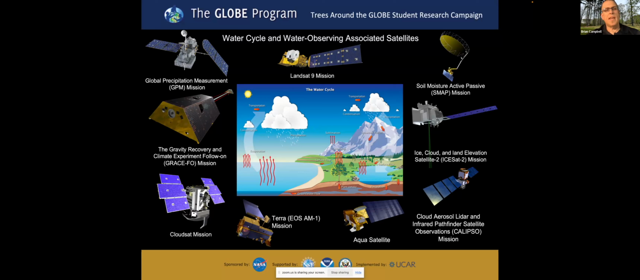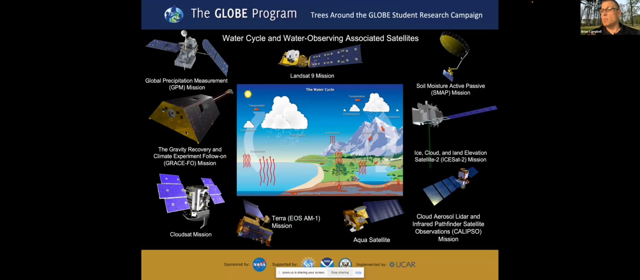We have the Global Precipitation Measurement Mission. You've all heard about that. You've heard from Dorian Janney often with our campaign webinars, so she's talked a lot about that. Great data there. We have the Gravity Recovery and Climate Experiment Follow-On, or GRACE-FO mission. We have the CloudSat mission, Terra EOS AM-1 mission, the Aqua satellite, the Cloud-Aerosol Lidar and Infrared Pathfinder Satellite